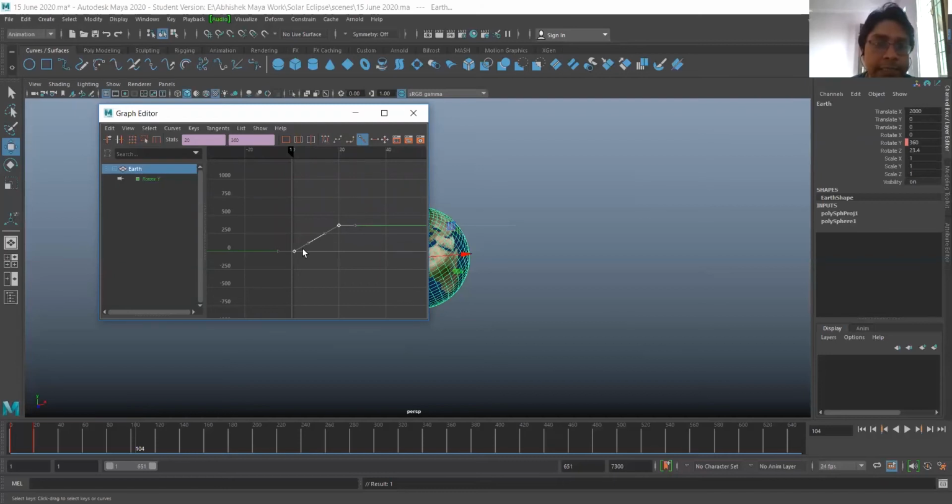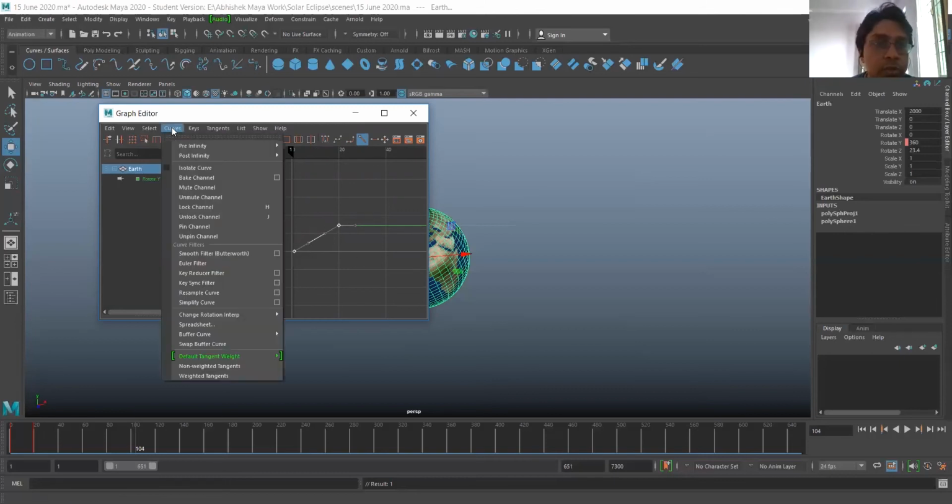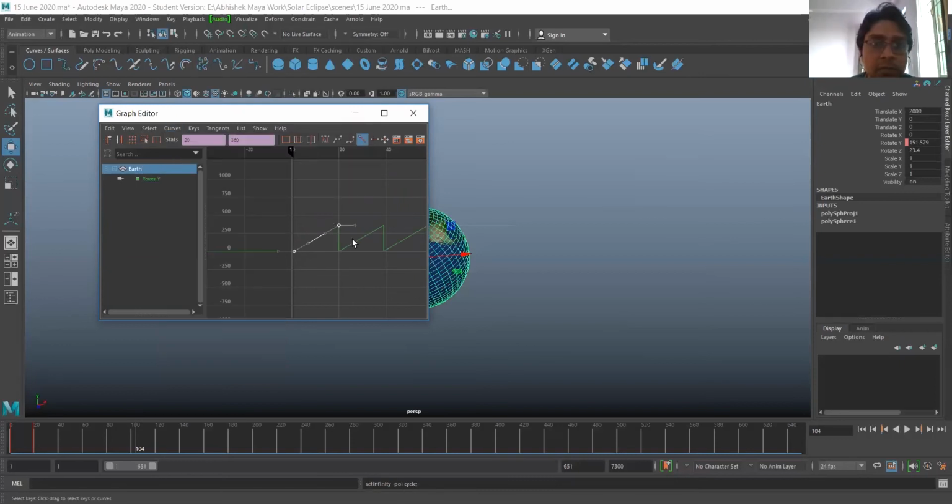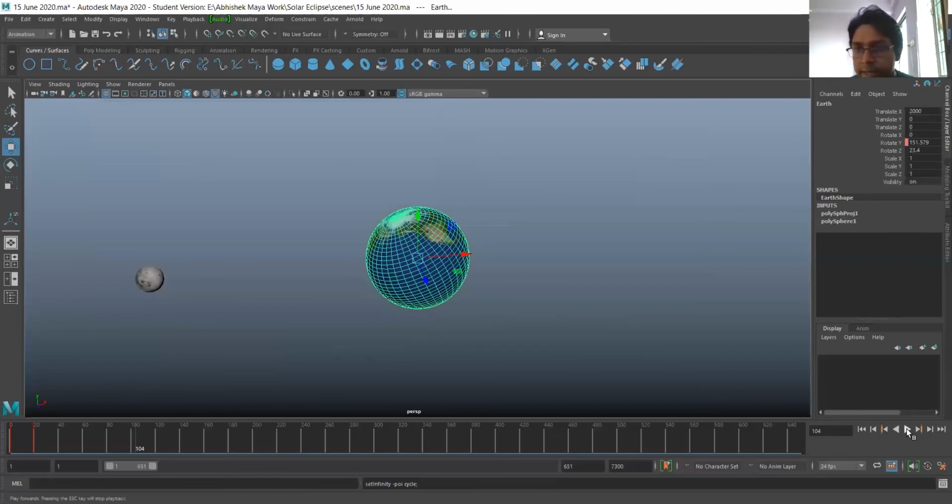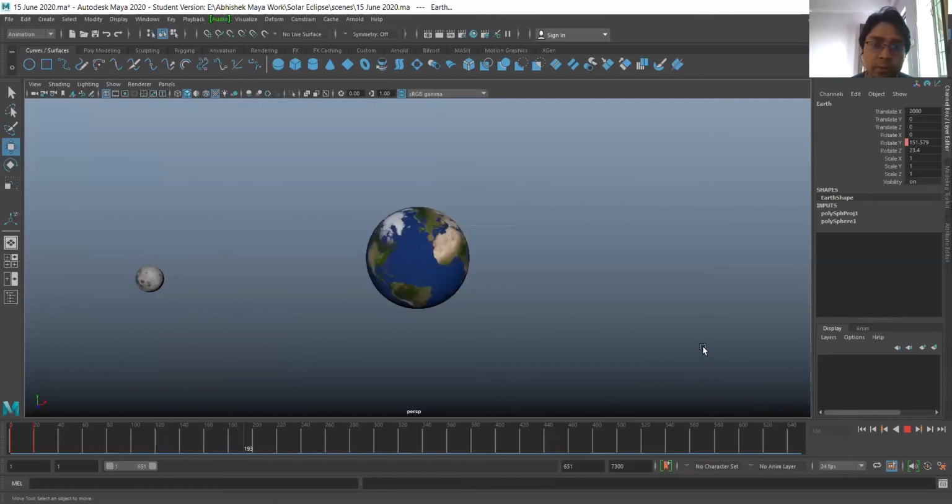Once it is linear tangent, it will start at the same speed and end with the same speed. But we want it till infinity, so go to curves, post infinity, and cycle. So this will cycle our animation that we have done. Now if I play, you can see it is continuously rotating till infinity.